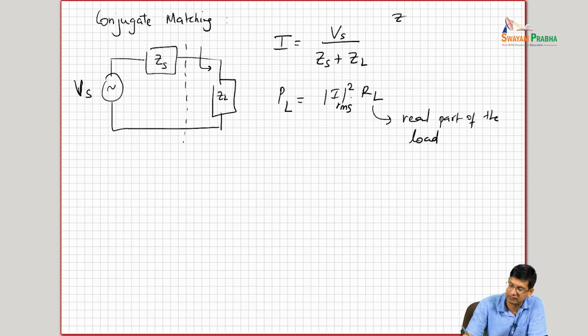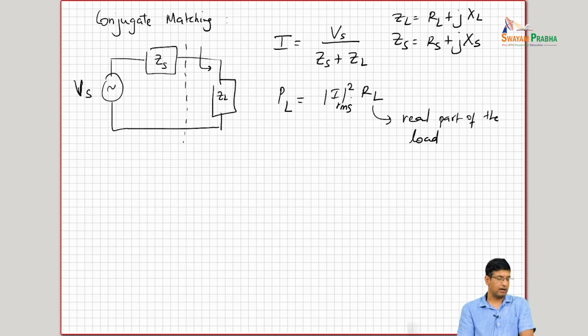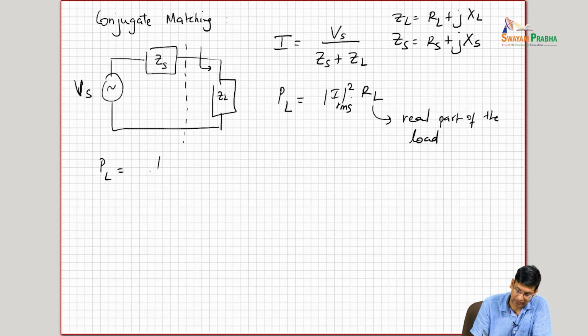So we can say, for example, that the load is RL plus jXL and the source is Rs plus jXs, right? And in this scenario, what we end up with is that the power transfer to the load is, assuming the RMS is a half,